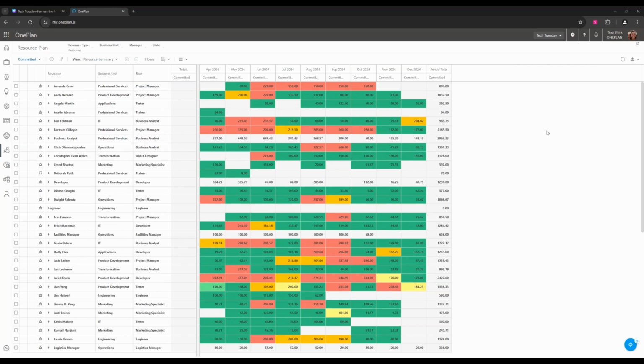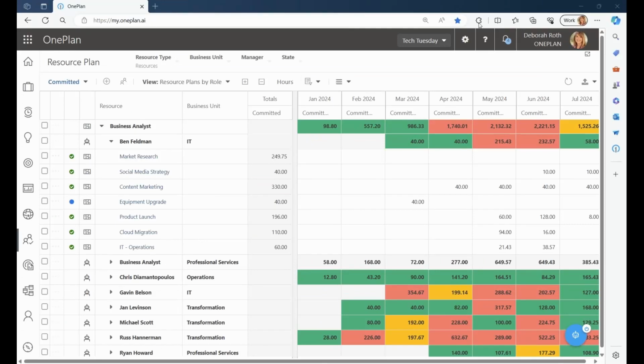So with that, that's the end of the icon overview and learning how to interact with the resource plan. So I'm going to hand it back over to Deb for that deep dive into the candidates list. So what Tina was able to show you was how you can use the resource planner from the capacity and the planning standpoint. What I want to show you now is a little bit more of a deeper dive